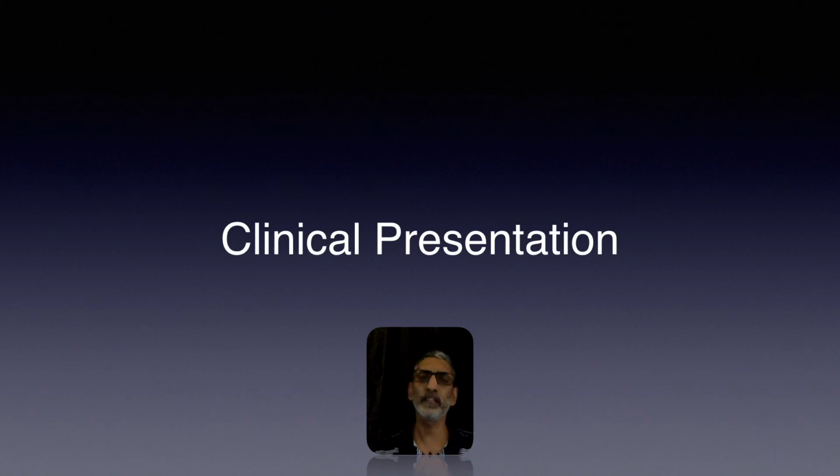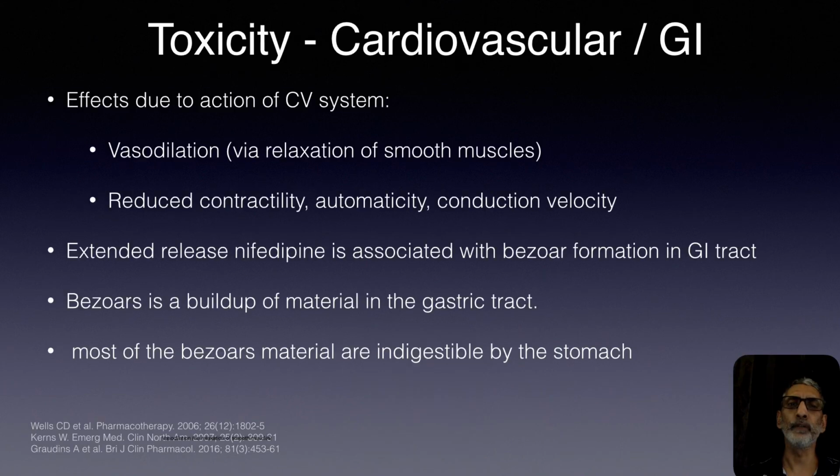When it comes to clinical presentation of these patients, it varies from an asymptomatic patient who may not have any symptom to very severe bradycardia, severe hypotension, and also metabolic acidosis to kidney failure. One important difference between calcium channel blocker and beta blocker toxicity is that in calcium channel blocker toxicity, the patient's mental status remains intact, whereas in beta blocker toxicity, because beta blockers are lipid soluble, they can easily cross the blood brain barrier, so they can alter the mental status of the patient.